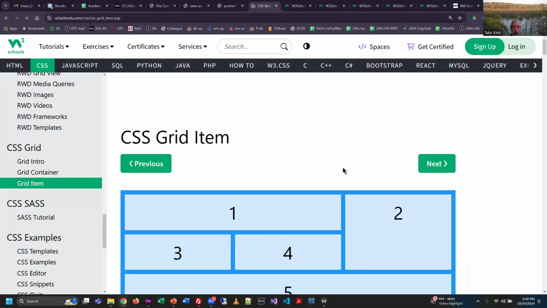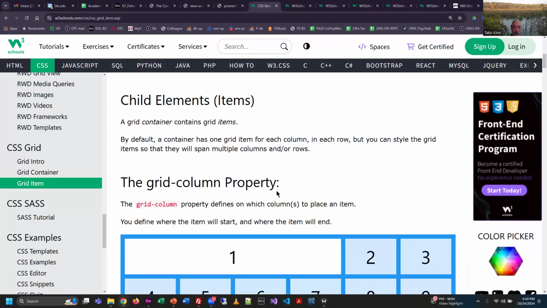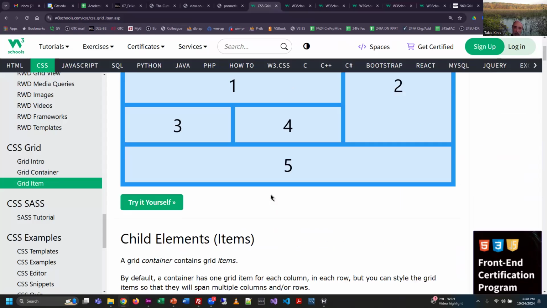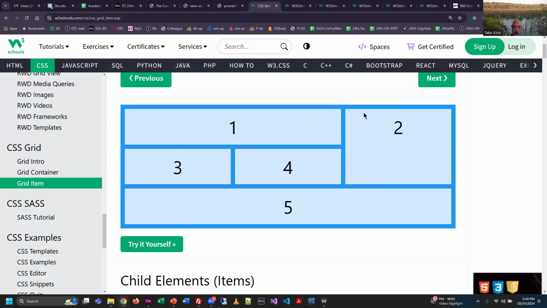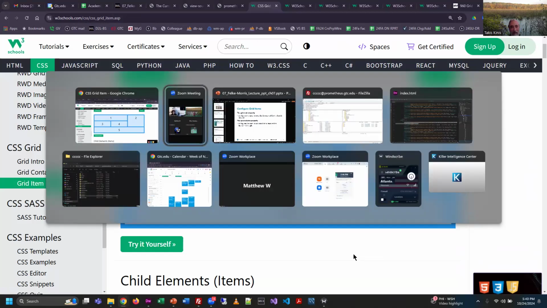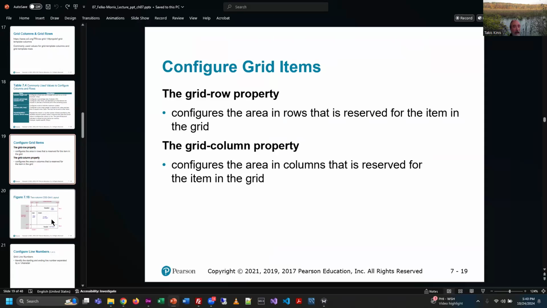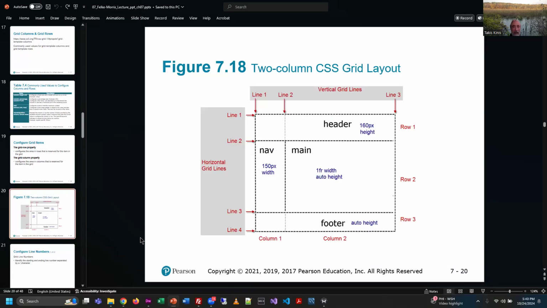The grid item, this is where you can actually break stuff down. So this is where it gets a little deeper, because I can set up a bigger grid, and then inside the bigger grid, I can create a smaller grid. Also completely adjustable based on the outer grid. All right. So that does go down the rabbit hole a little bit, but folks, that's the CSS grid system, kind of in a nutshell. They have a couple of examples here. So if you were looking to do a 2-column layout with a CSS grid system, here's an example of